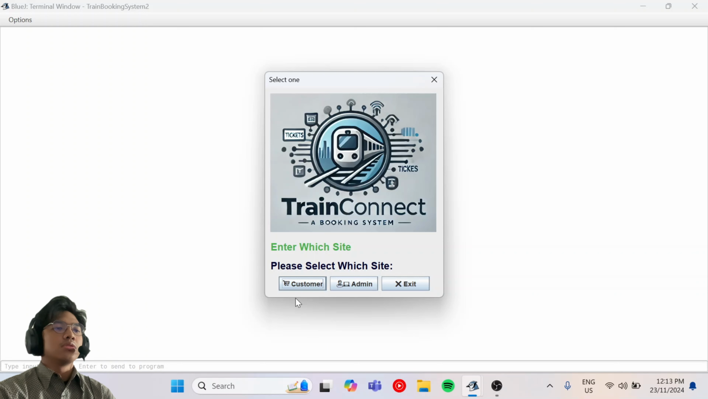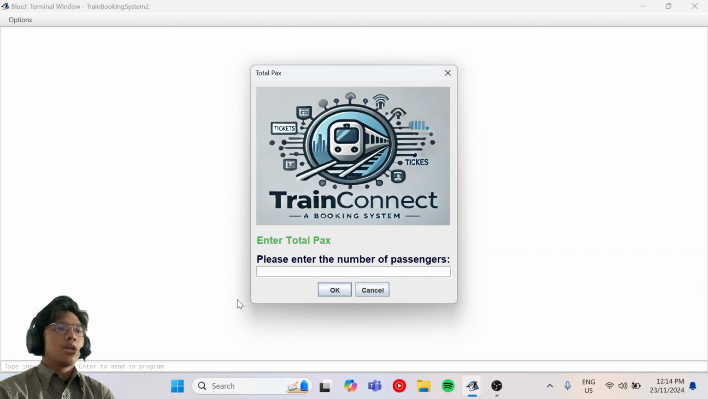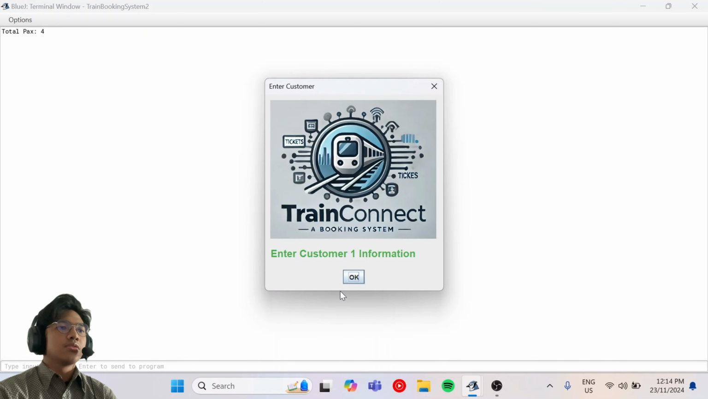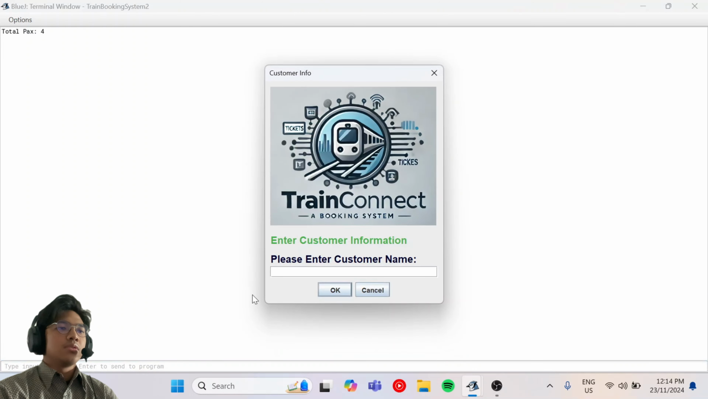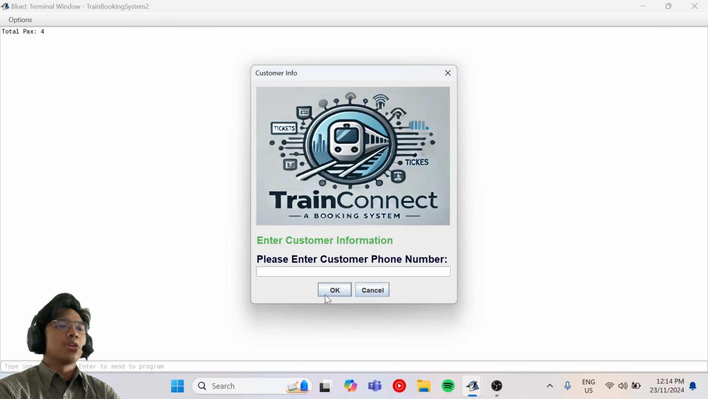So first we want to go to the customer, and then it asks to enter the total pax, which is the number of passengers that the user wants to buy tickets for. So for example, we enter 4, and then it asks to enter the customer one information first. So first we need to enter the customer one name, for example Ali, and then enter customer one phone number,